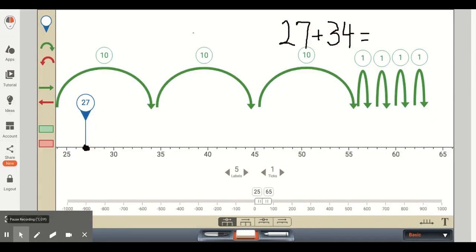And finally, let's look at adding two-digit numbers using a number line. So here we have our numbers 27 plus 34. And there's actually two different ways that we can show this on a number line. And it really doesn't matter which way the first grader uses it, and they'll get the same answer. So first off, what they can do is start with the 27. And I made a little place marker here on the number line, which is probably a good idea to do, and brought down the number 27. So this is going to be our starting point.